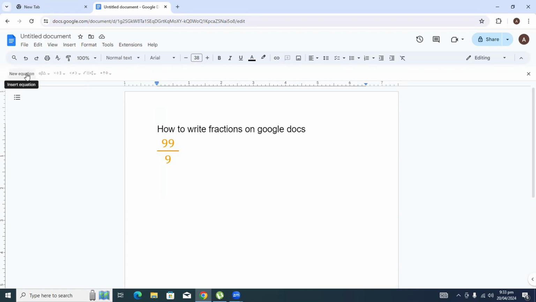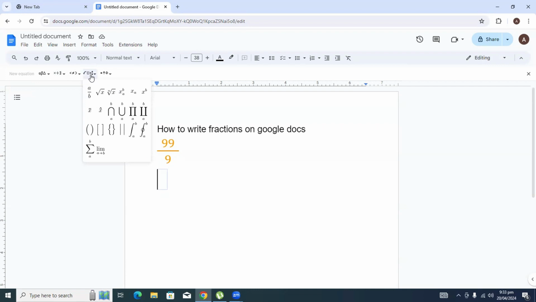So I will just click on this new equation here, click on this button, and as you can see here, it gives me multiple options of the equation I want to add. So as I want to write some fractions, I will just go to this math operations option here, click on this button and go to this A by B option, click on this, and as you can see, the